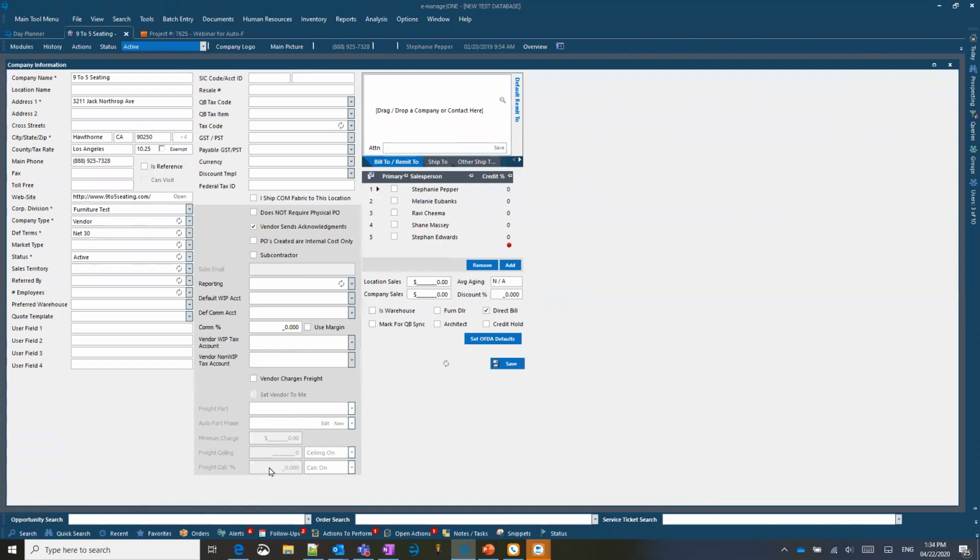This is your whole auto freight part setup at the bottom. So the very first thing that you'll do is click vendor charges me freight. So you're just letting the system know this vendor does charge me freight. The second checkbox, set vendor to me, what that is in your database, you should already have a generic